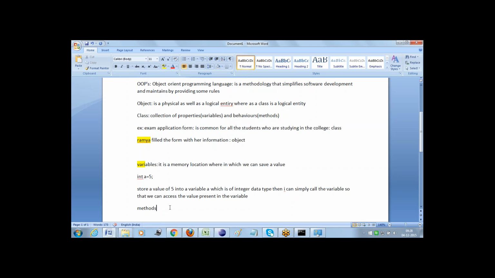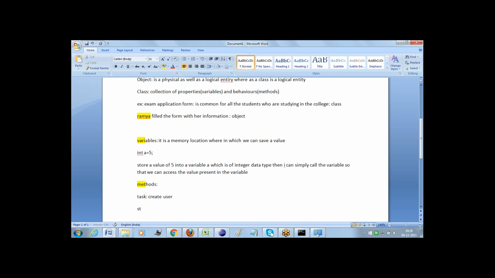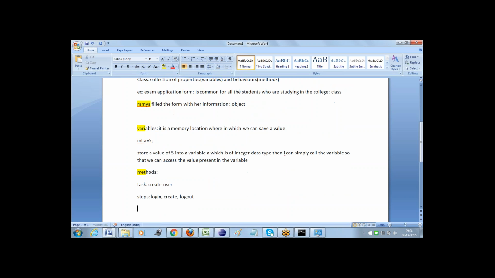So what is a method then? Why are we going for methods? Let me give you a small example. Assume that we are developers and we need to write a program for creating a user. The steps are: log in, create the user, and then log out of the application.